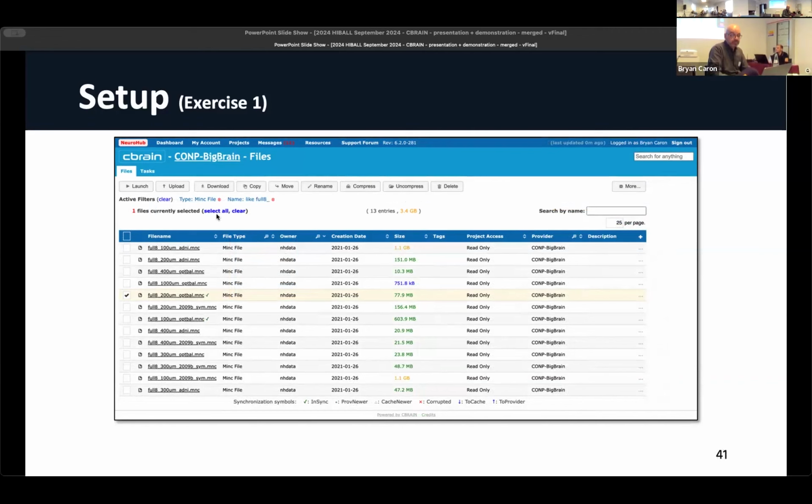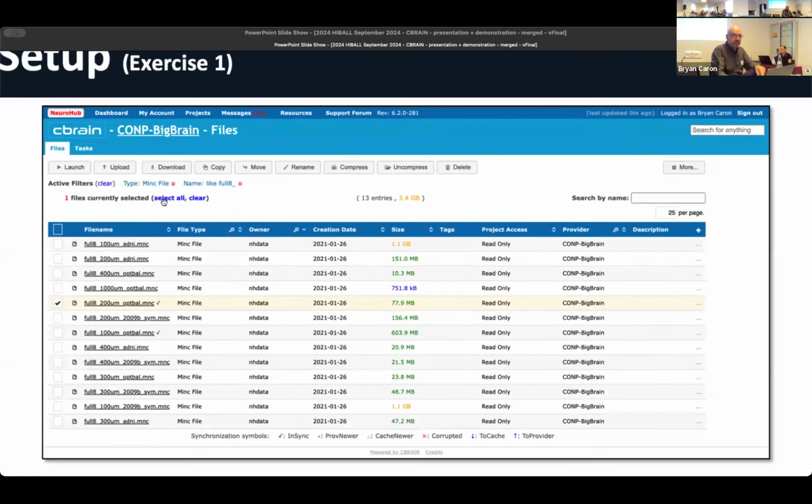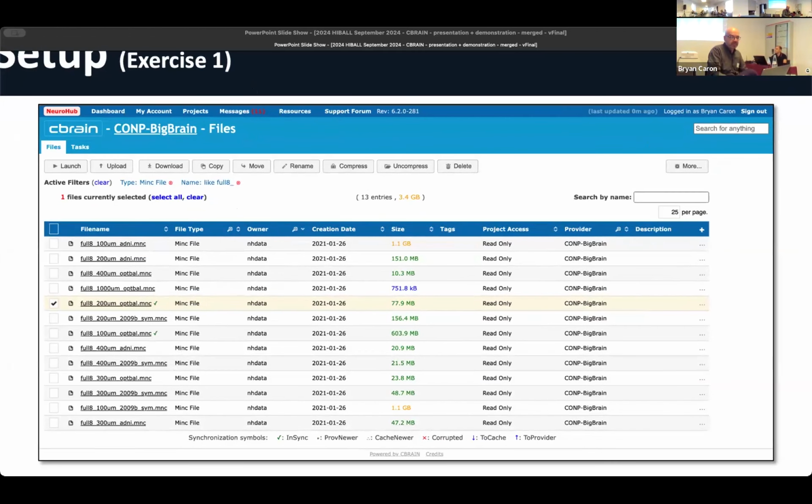Right? And then you can always see, partway down from the top within the CBRAIN view, the list of filters that you're running. So you can see right at the top, the active filters are MINC file and full8. Okay, so this way you know how you got there. You started with a larger set of files as part of your data set. You applied some filters to give you a selection, but at least then you can visually see what the selections are. Okay. So any questions about seeing and selecting files at the moment based upon this example?